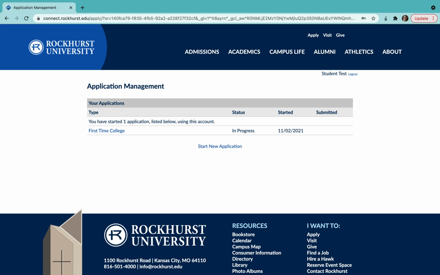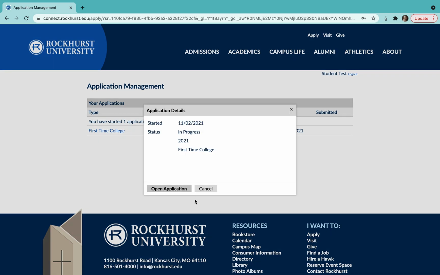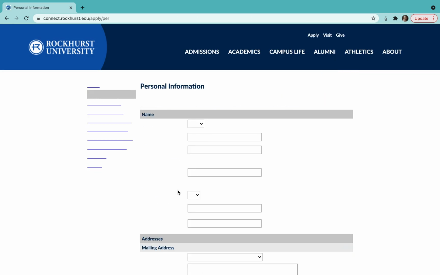Okay, you do that, and then like I just showed, once you get that confirmation email, you would pick in a password with your email, and then if you ever leave the site for whatever reason, what you would do is what I just did there. You would go to log in, type in the username and password, and then it would send you to this. You would do start new application, because this box down here would be blank, but then you're just gonna open the application,